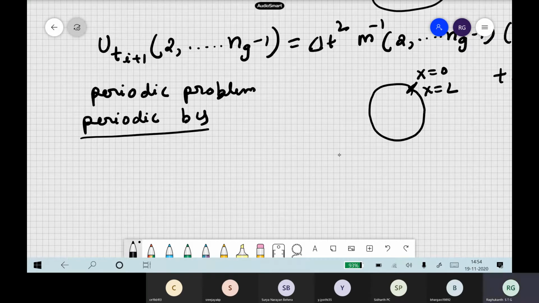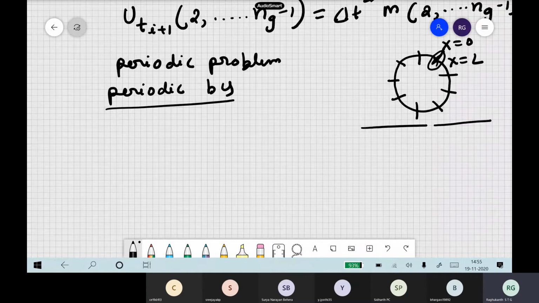It is periodic, so the same thing is getting repeated after some time. So what will you do? Integration limits? No integration. See, you have divided this into elements. Okay, so you have nodes, linear elements only. But what is happening here is, when it comes to here, both the nodes are same actually. So what do you have to do?